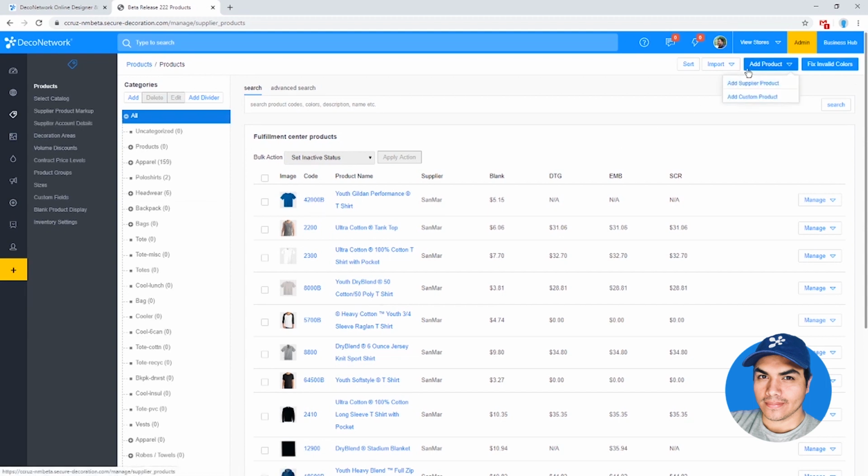So decoration in DecoNetwork is based around the product. And if you're doing something like wide format, from what I know about wide format, you can essentially do any length of print, but in terms of DecoNetwork, you'll have to have some fixed sizes, right? So let's say you're using wide format to print some banners or some signs, things like that. You may have some fixed sizes of banners that you offer, some fixed sizes of signs, and so you would set those up as products